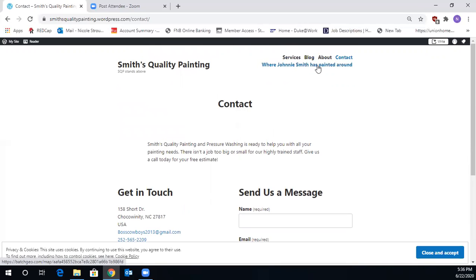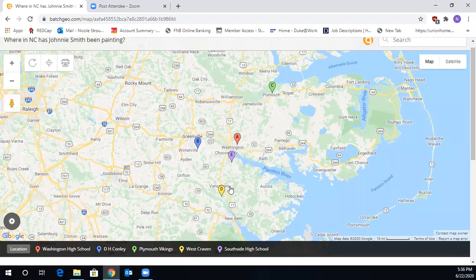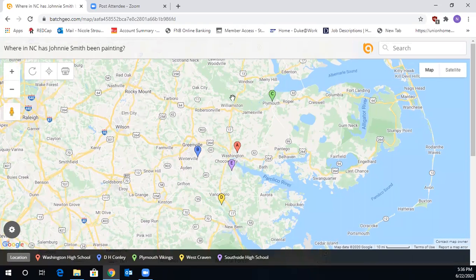I also have this little geo pic of the areas that he's painted around. And this honestly isn't the entirety of where he's painted. And I think what I'm lacking here on my website is just a little bit more of his work. But I think we'll need professional paint pictures, which has been hard to get because he contracts himself and he kind of has to do all that stuff himself. I think that will be the next level for this